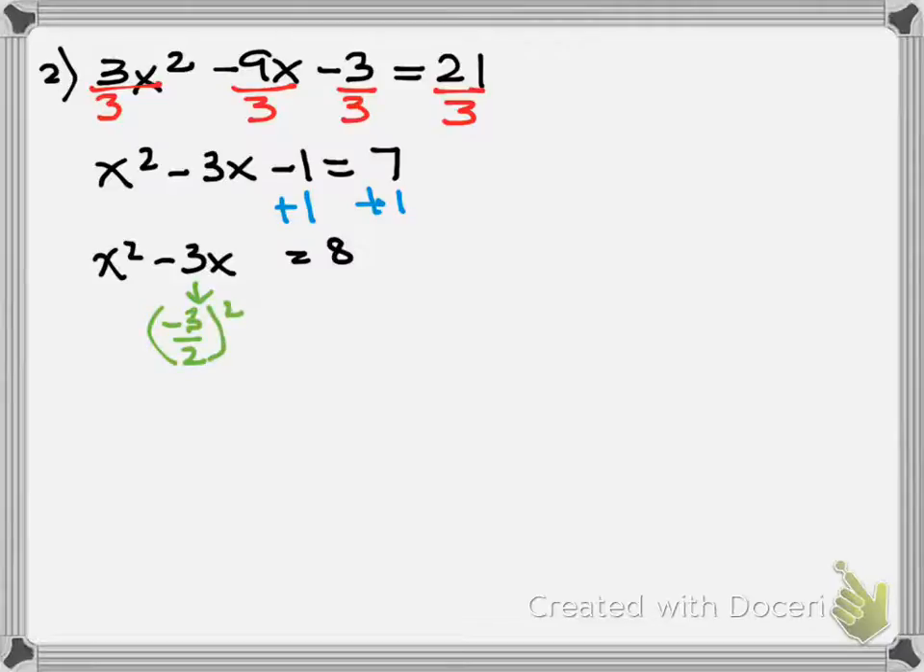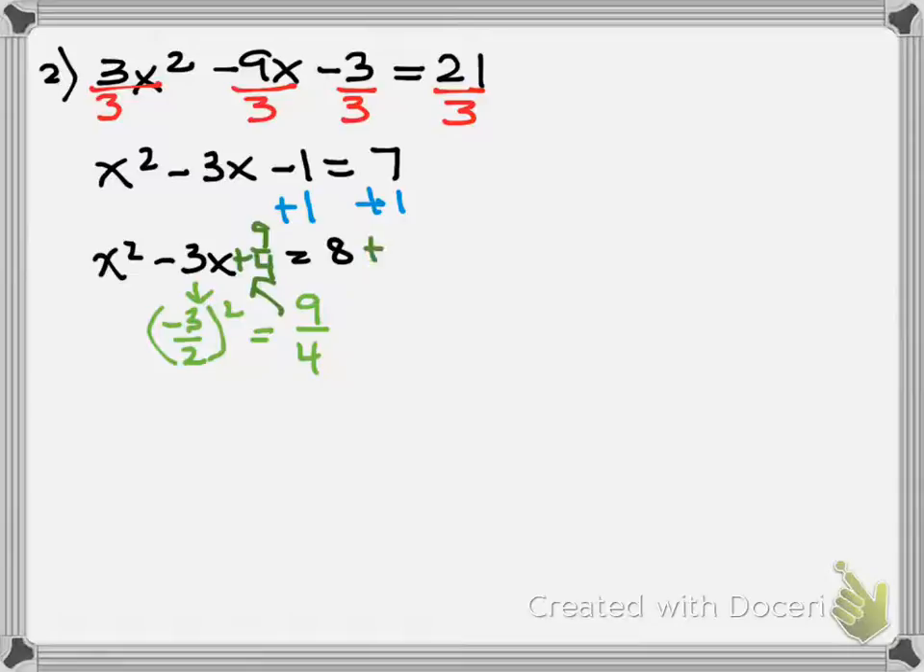What do you notice is different this time than the ones we did Friday, the ones you had on homework, and the one we just did? Yeah. I cannot divide 3 or 2 into -3. So I leave it like that. And I square it. That means I square the -3, which gives me a +9, and I square the 2, which gives me a 4. That's the term that I now add to both sides,